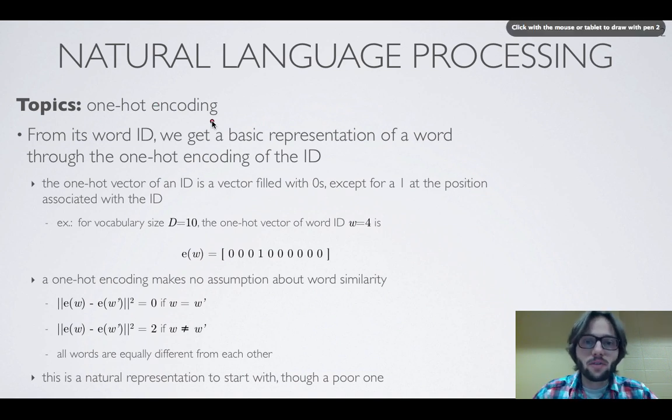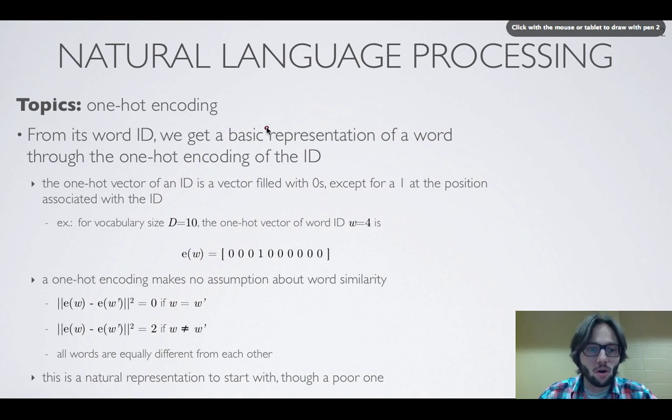So in the previous video, we saw some pre-processing steps for converting words into integer IDs. Now, these integer IDs are easy to manipulate. They're numerical, so that's easy for a computer to do numerical computations with. However, we cannot really feed this ID to a machine learning algorithm. I'll discuss a bit more about why that is at the end of this slide. But let me first introduce another representation that uses this word ID and converts it into a vector, which is going to be a better representation to start with